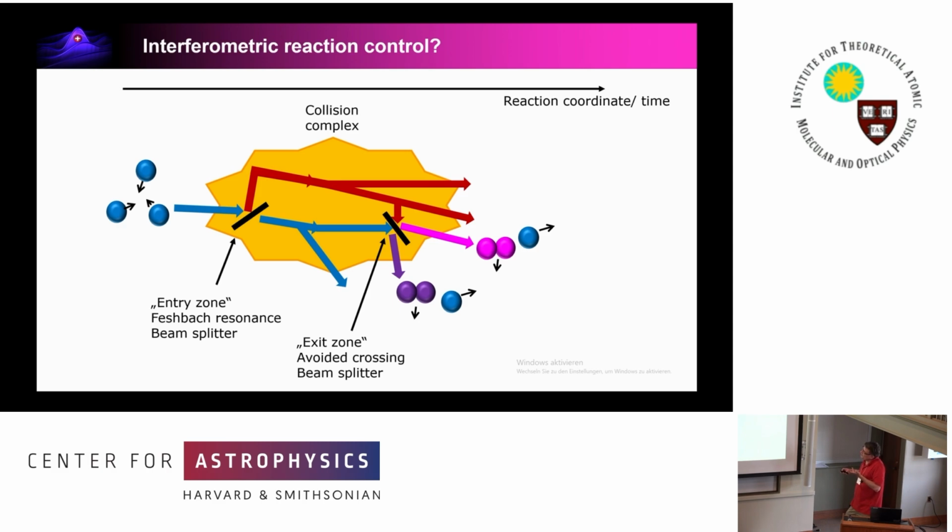But you could also think, perhaps here we have a certain flux of the red path, and perhaps some part of it also hits the same beam splitter again, and then can also produce this purple or the magenta molecule. Now you see that here we have a closed system, a loop,